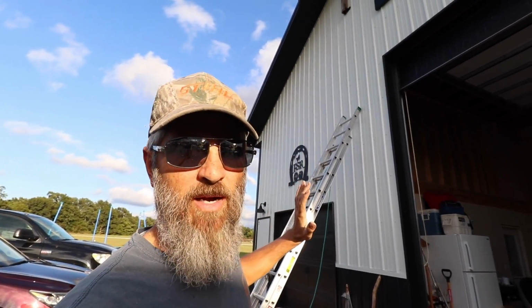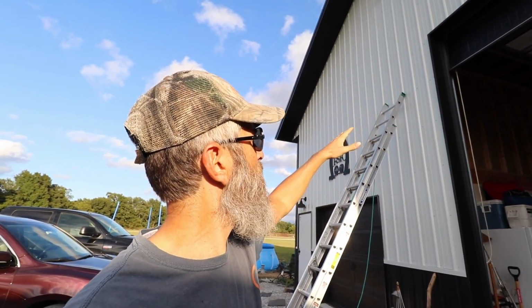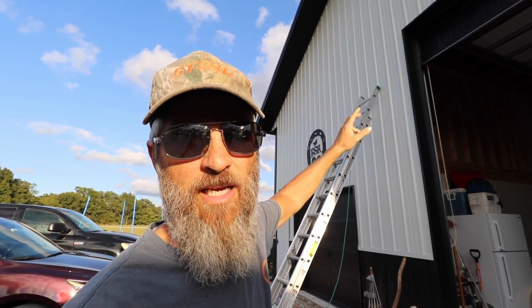So I don't want my light and camera too high. So that's about, I would say, 10 to 12 feet high there. That's probably 12 feet high because it's a 14-foot door. So it's 12 feet up. That's about as high as I think I want to go. And that'll be enough to capture anything that's going on back over here and over here with the camper and